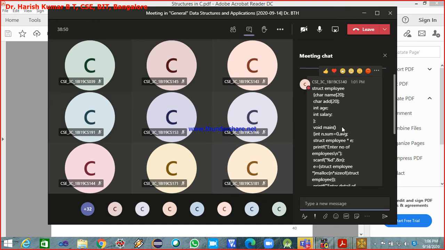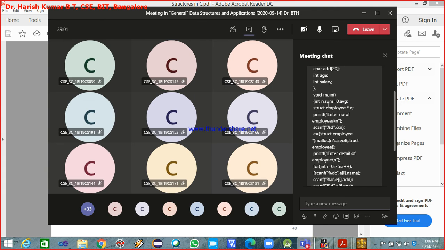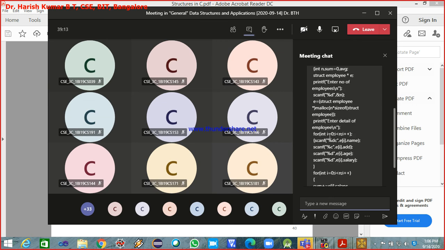So name, char address, age, salary. Then in the average function, struct employee *e. Enter the number of employees. Allocating memory: struct employee *e = malloc(n * sizeof(struct employee)), because there are so many employees.